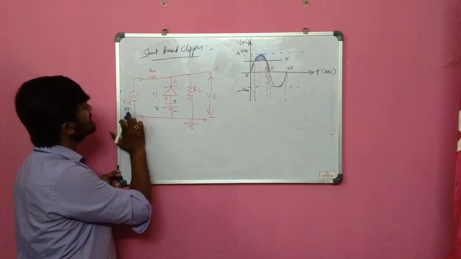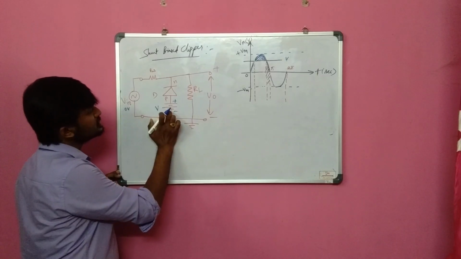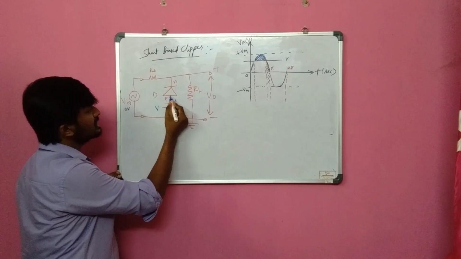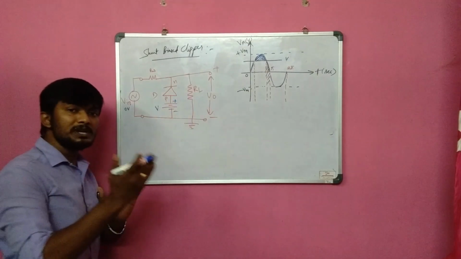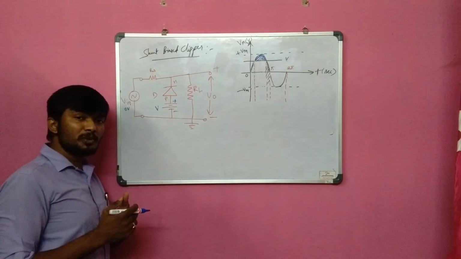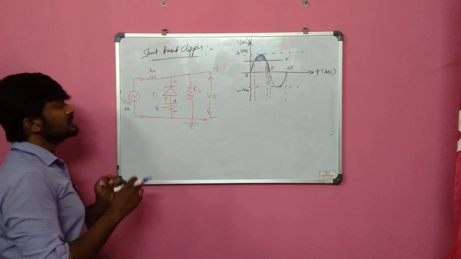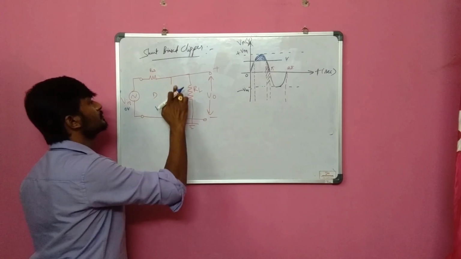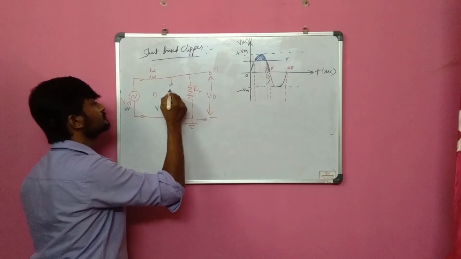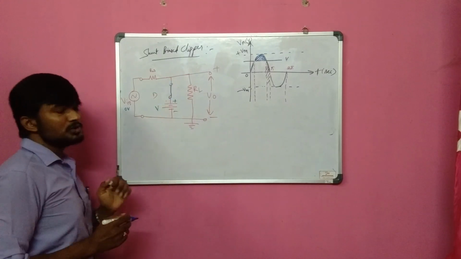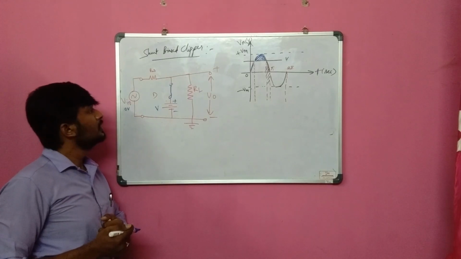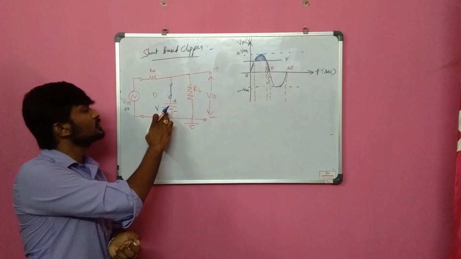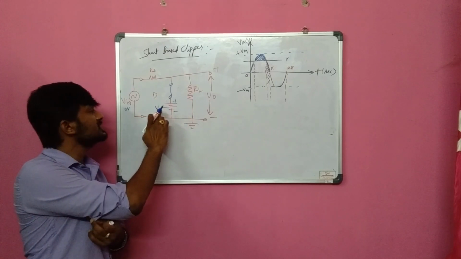So 0 volts means what? Definitely this is dominating them 0. So this is dominating in the sense plus is connected to P of the diode. So this connection is called as what? Plus connected to P terminal of the diode means what? Forward bias. Forward bias means what? Simply short circuit. I am replacing this diode as a short circuit. Short circuit in the sense there is no voltage drop. So already I am having some voltage drop here as the battery voltage V.